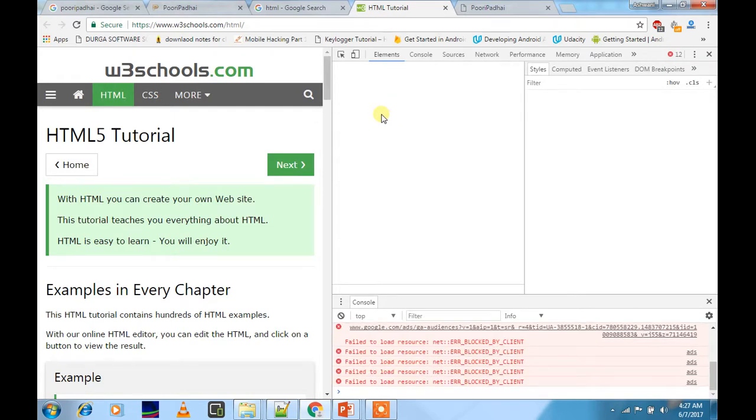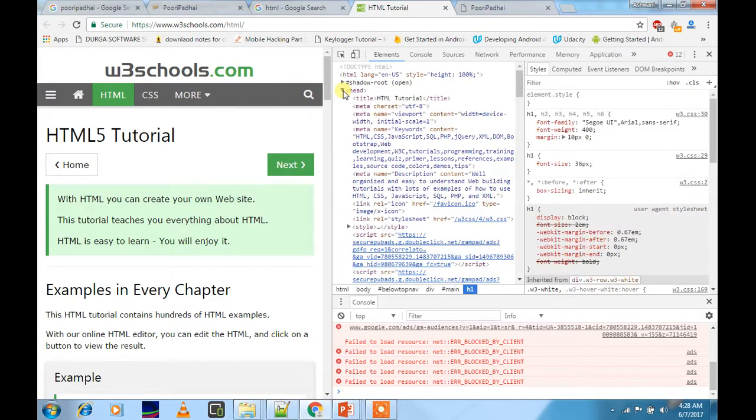So here also we will go to the head section, because the meta tag is always written in the head section, and here you can see, learners, meta name keywords, content: HTML, CSS, JavaScript, SQL, PHP, jQuery, XML and other things.